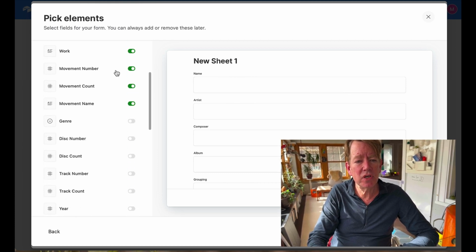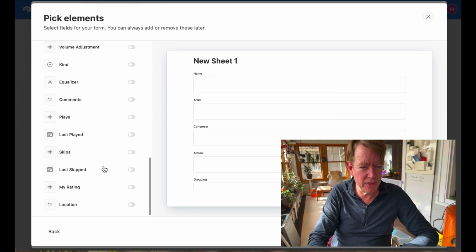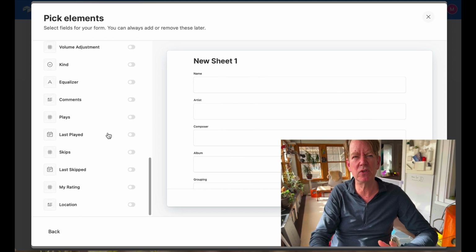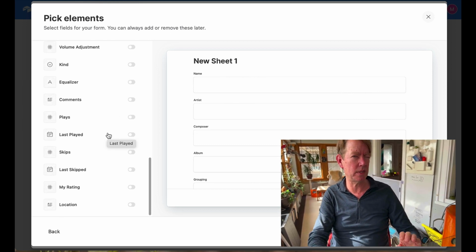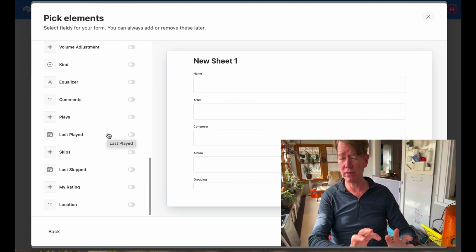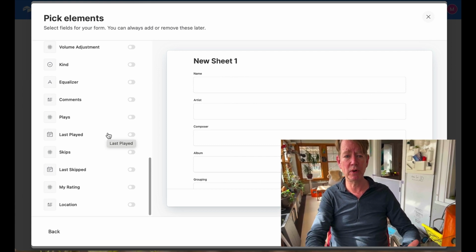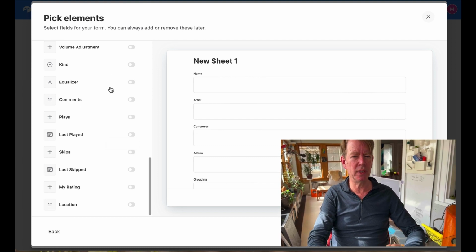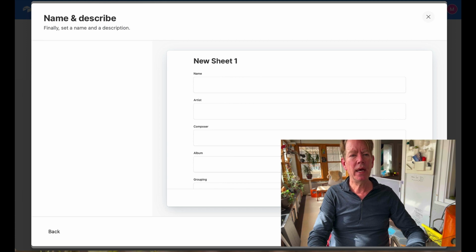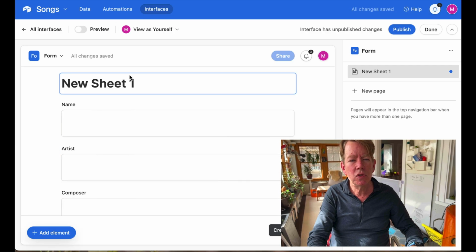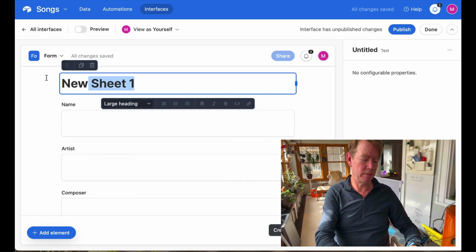And you can see here, you can turn on and off some of the fields. I think we just said, hey, maybe some of these fields really aren't something that someone is actually going to enter into the database, certainly by typing. Terrific. But another opportunity to look and see what the lay of the land is. And in this case, I'm going to describe it. Finally, set a name and description. New sheet 1. I'm going to call it